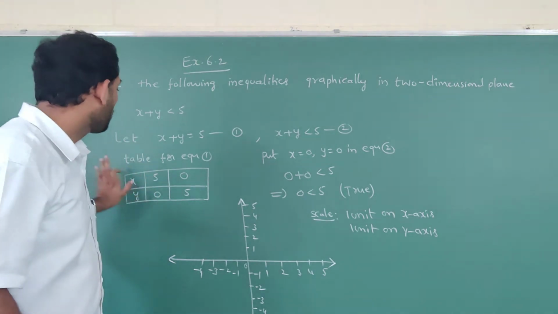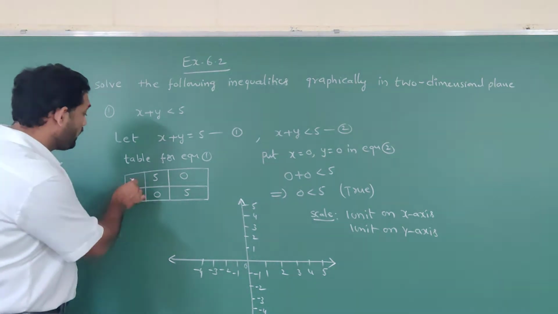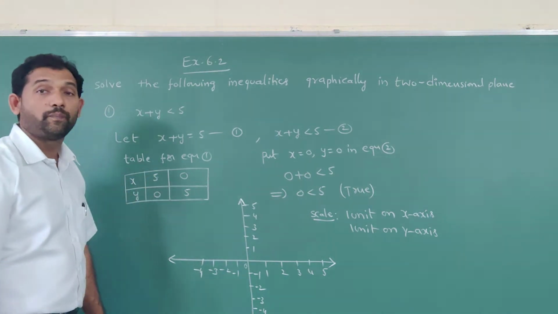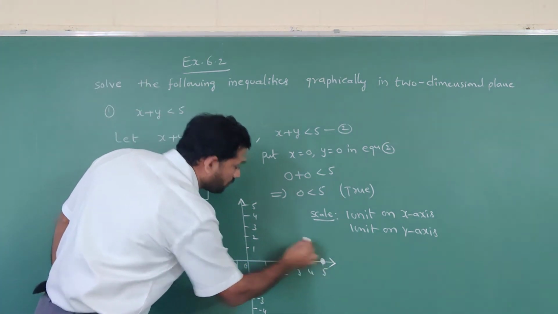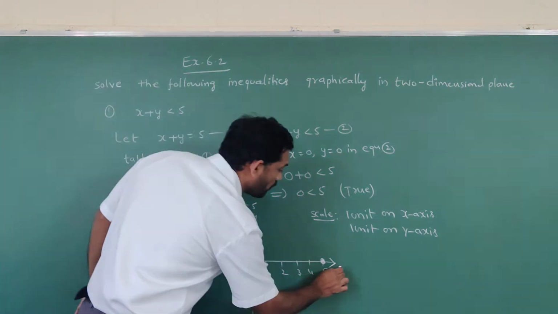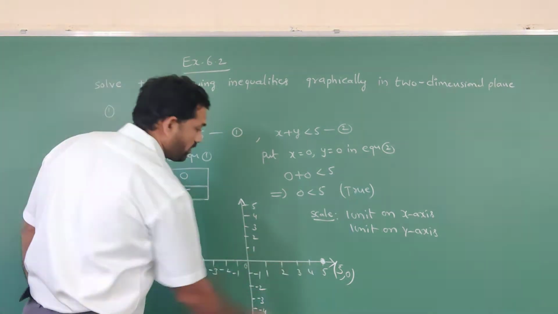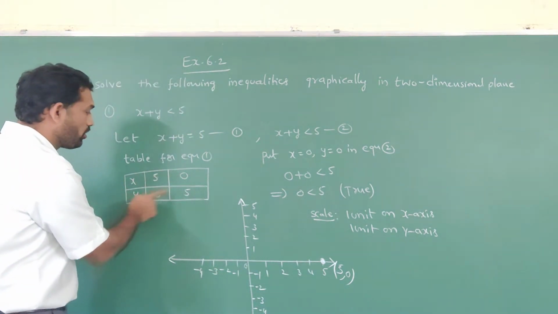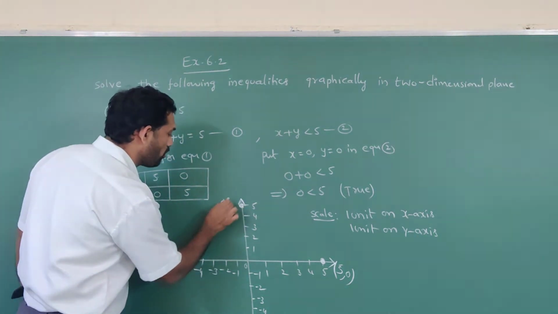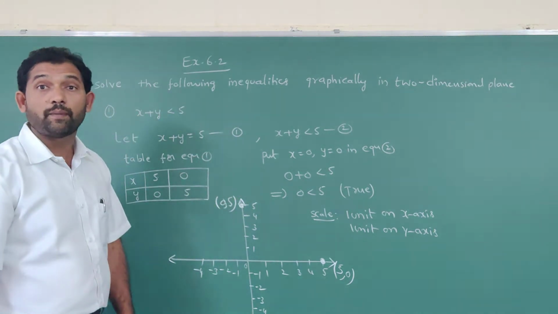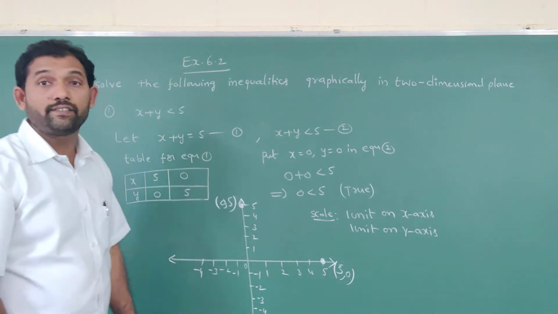Next, coming to this box. What is given? x equal to 5, y equal to 0. Where is that point? 5 comma 0, you represent this point. After that, x is equal to 0, y is equal to 5 means the point is here, 0 comma 5. Understand? After putting these points, now join.